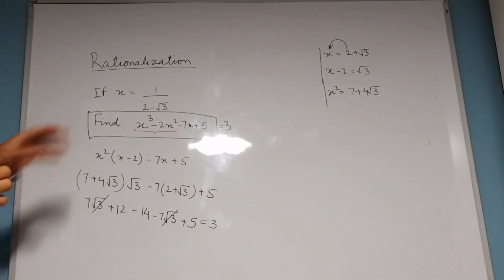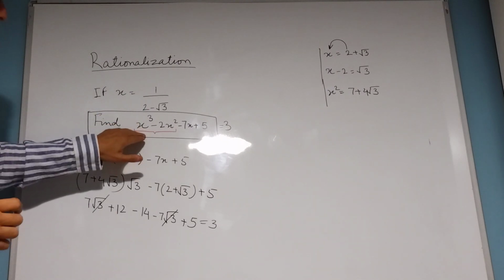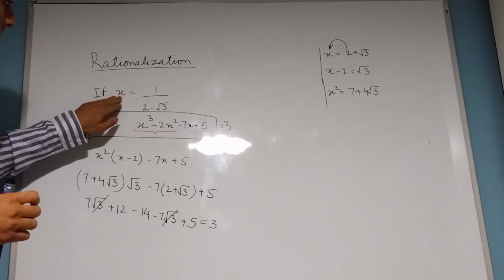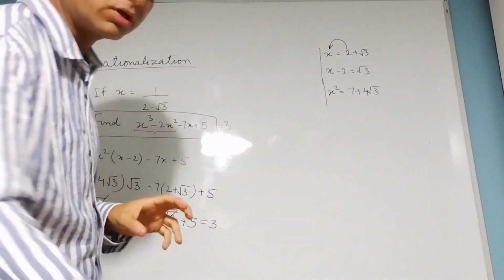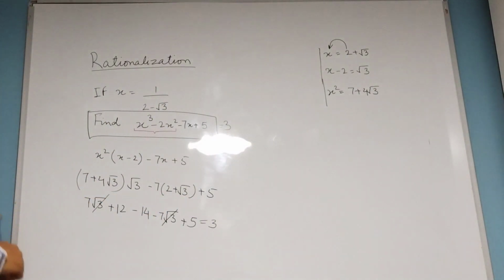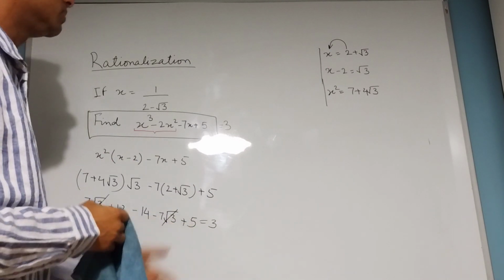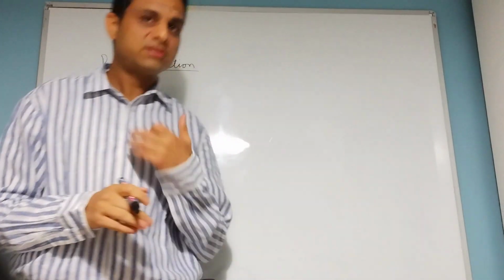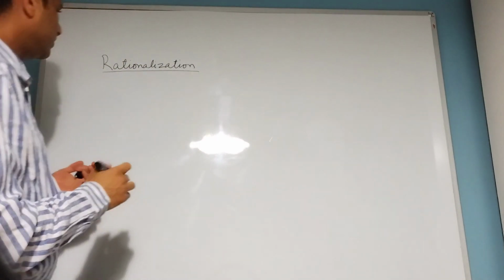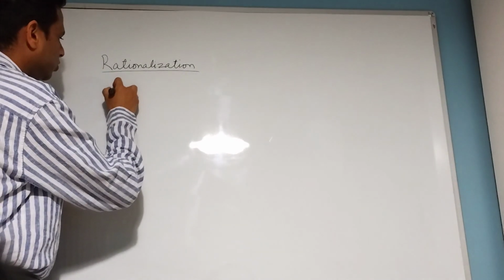You see that this equation looks complicated with the value of x, which is a different looking rational number. The value of this equation is very simple, number 3. Now, this is not actually a rationalization problem, because we do not have any number in the denominator which is in the form